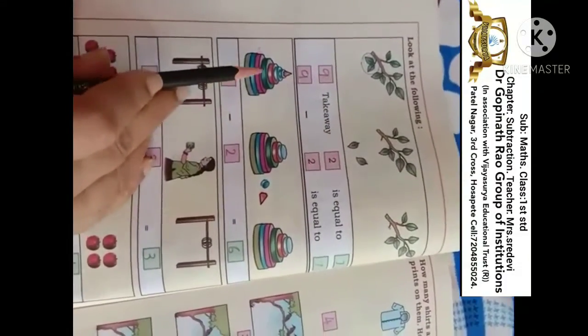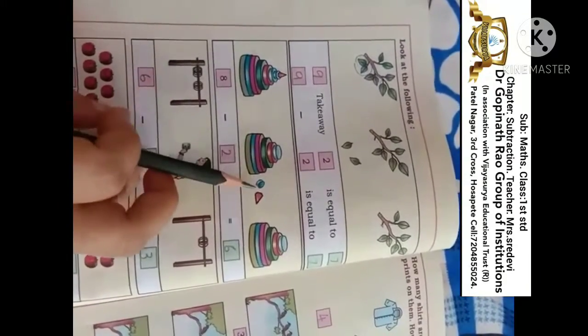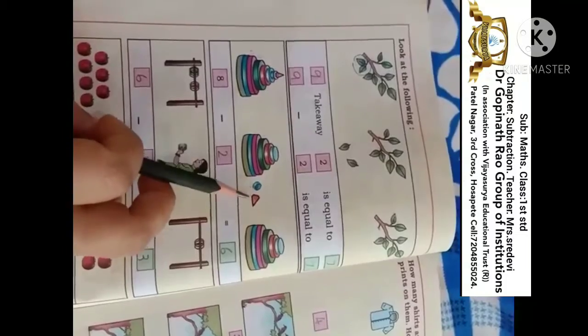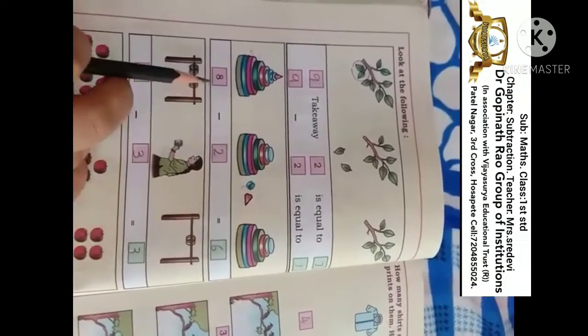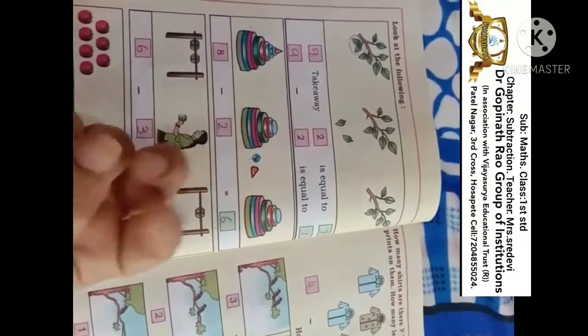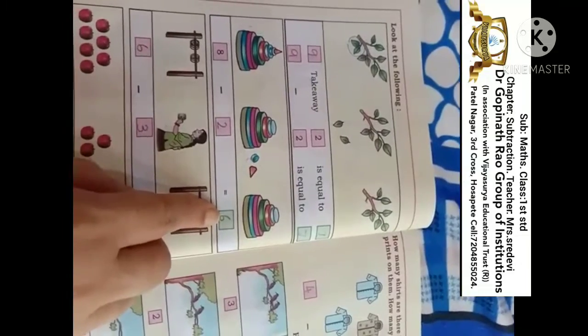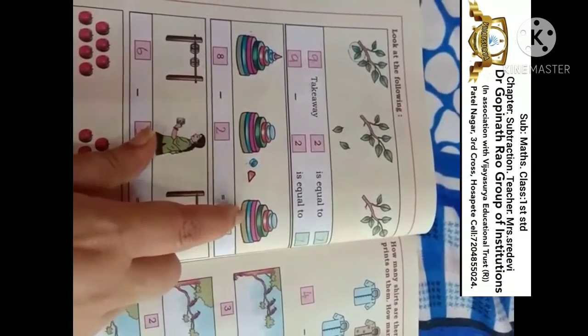Okay, here there are 9 discs. In this, 2 were broken. See, 2 are broken and they fell down. So how many were left here? See, 8 in a mind, 2 on finger, back of 8. So given number is 8. So back of 8 is 7, 6. So how many discs were remaining here? 6. 1, 2, 3, 4, 5, 6.